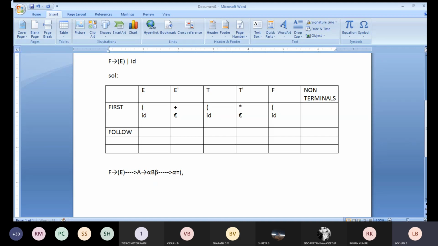What about the B value? B you will be getting as E. What about your beta value? Beta you are going to get as close bracket. Nothing I have done: F implies open bracket E close bracket. This is what I am going to write in the form of A implies alpha B beta. Okay. What is your alpha value?